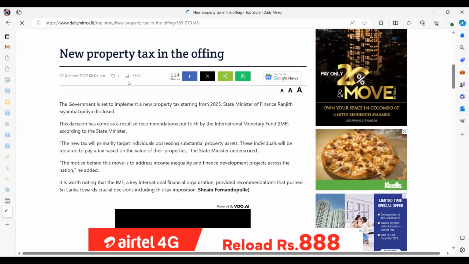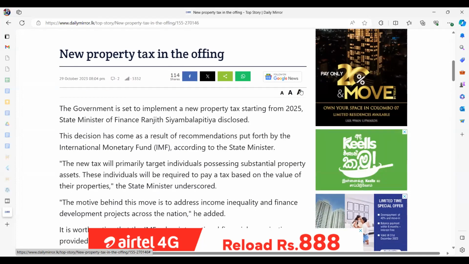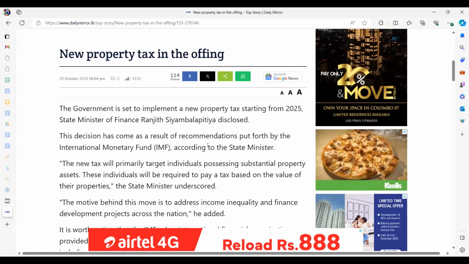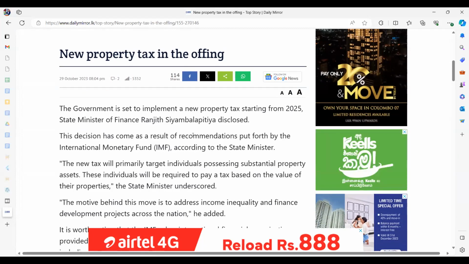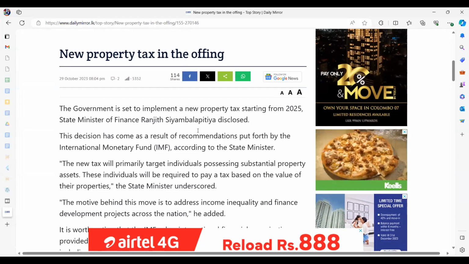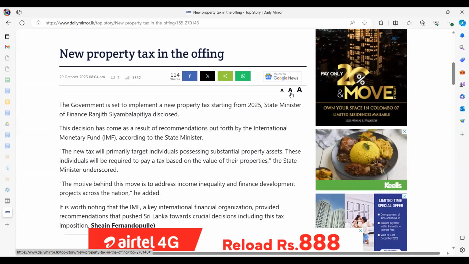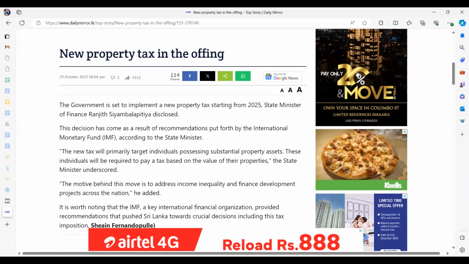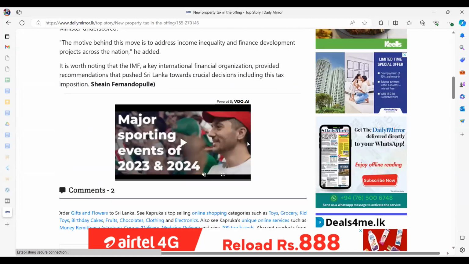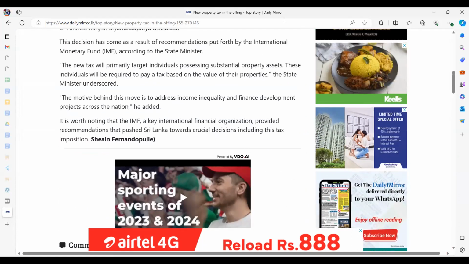You see, this one is a very simple example. I can press this one so that it increases the font size, not the rest of the content. I'm not zooming in using my screen. If I want to read bigger text, I can do so. I'm okay with small one or medium one. See, it is automatically increasing the size without doing any problem to the rest of the content. Right, so that's another very interesting feature.